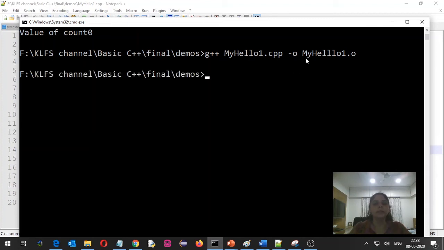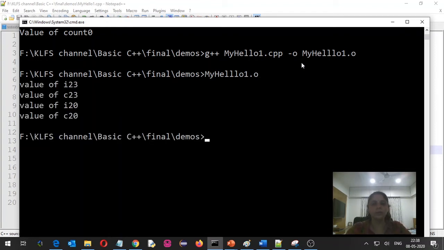This will create an executable file, and to execute that file we write ./myhello1.o. If you see, the value of i is 23, the value of c is 23, and the values of i and c both have been modified to 20 because we changed the value of c to 20.